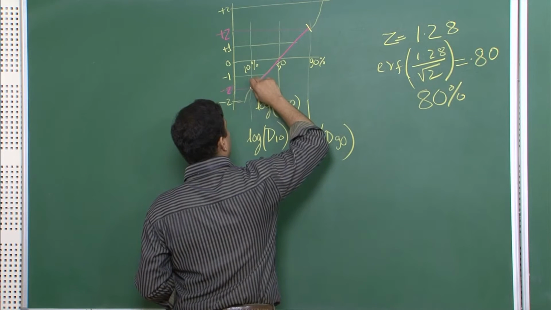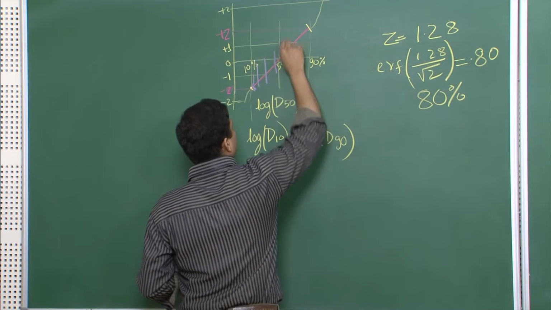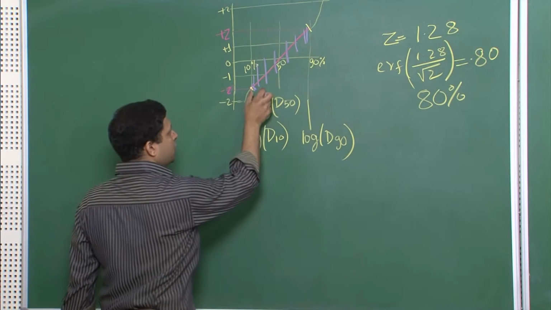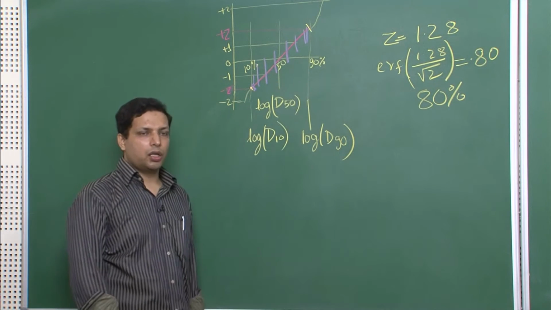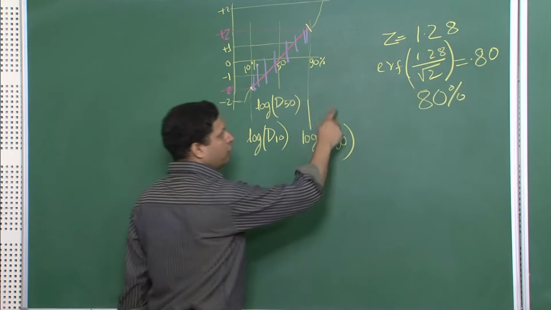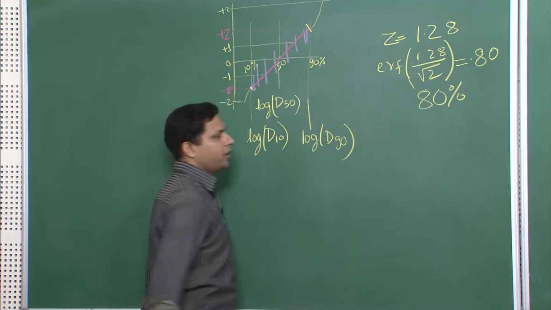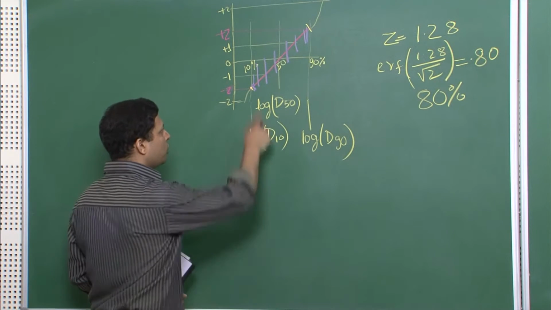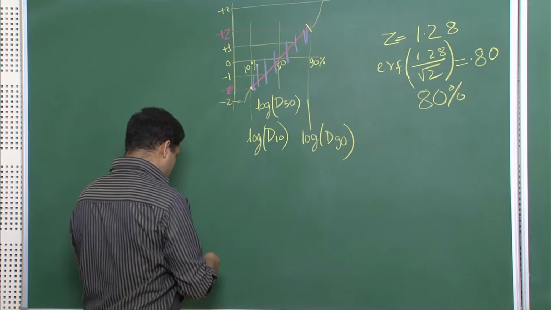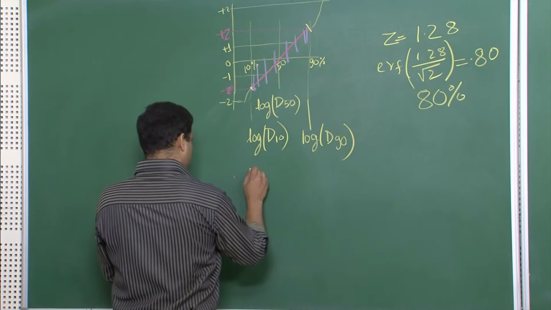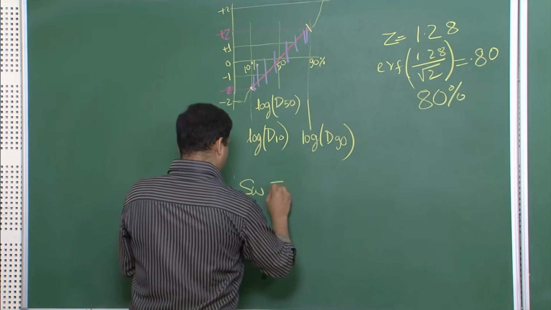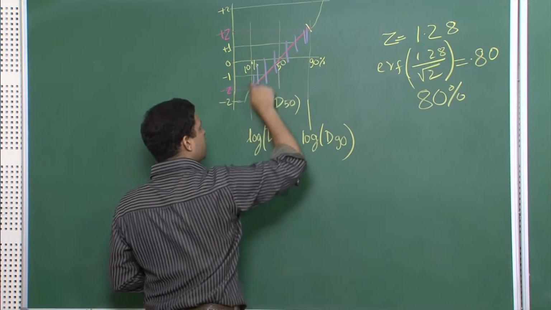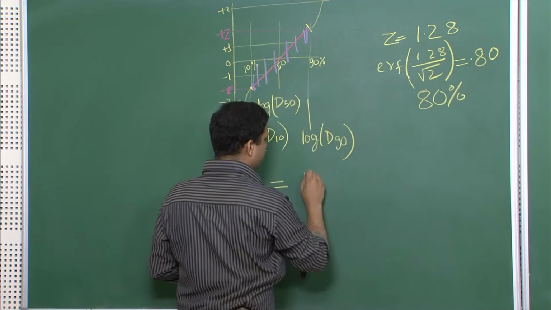If you are looking at this, this diameter to this diameter will contain 80% of the data. We know this from the corresponding standard deviation, which comes out to be 1.28. And if we have to look at the slope of this line, this is plus 1.28, this is minus 1.28. So, this minus this will be 2 times 1.28, which is 2.56,